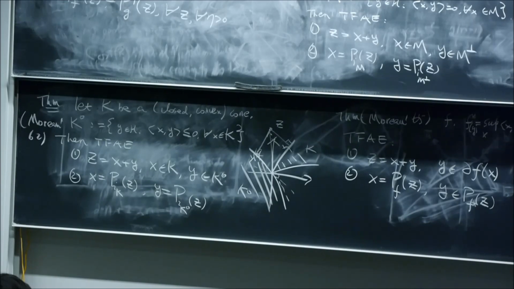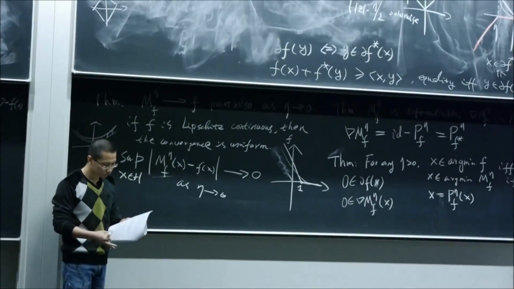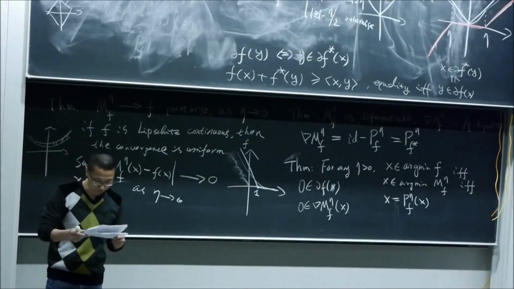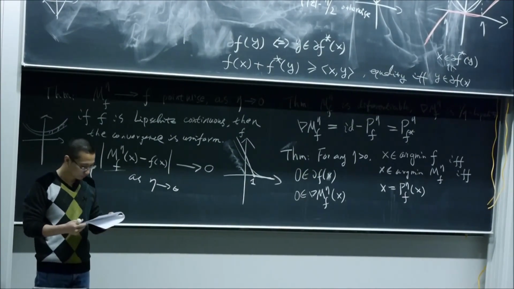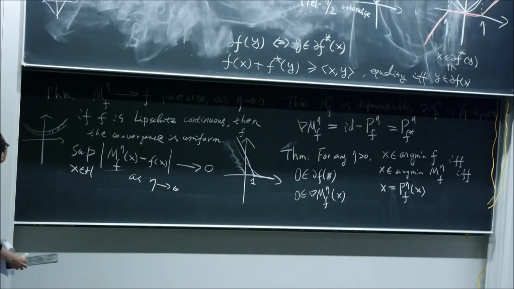And you can apply the theorem. Because the hinge loss is continuous, if eta is small, this Moreau envelope is almost the same as the original hinge function. So there's no difference between minimizing f or minimizing the Moreau envelope. Therefore, in order to minimize the hinge loss, we can just minimize the smooth, nice Moreau envelope. That's one application where this Moreau envelope is useful. This is sometimes called the smoothing trick. Okay. All right. So now let's move on to